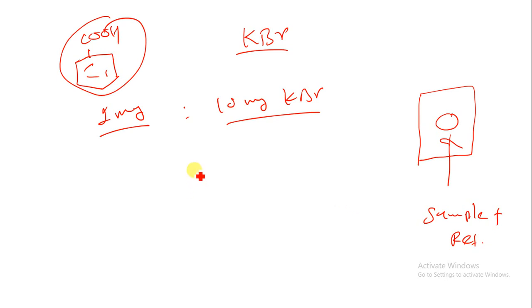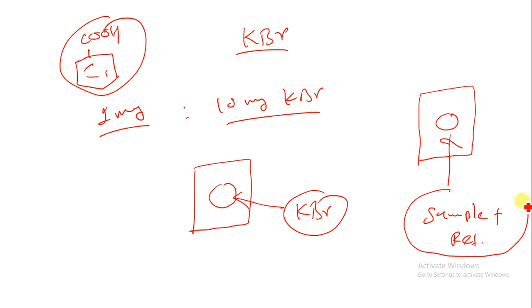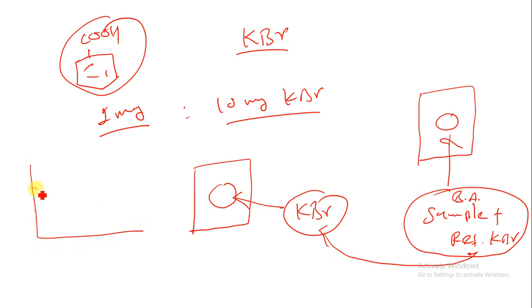Before that we have to take a graph of simply KBr. So first of all we take a graph of KBr, and after that the sample plus reference. In the sample we have benzoic acid and in the reference we have KBr. So what will happen here is that KBr and KBr will overlap, and we can get a pure graph of benzoic acid in the region of 667 up to 4000 centimeter inverse. That is our graphical representation of how we can use a solid sample.